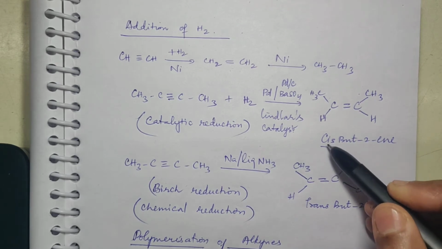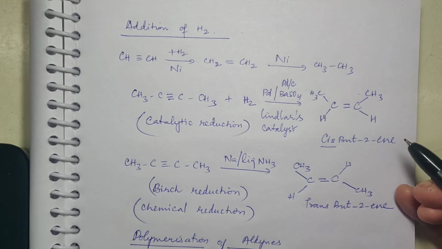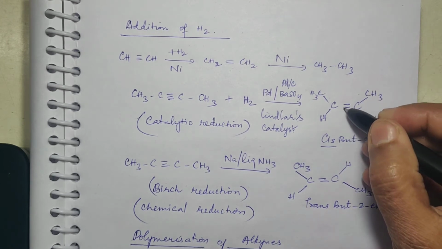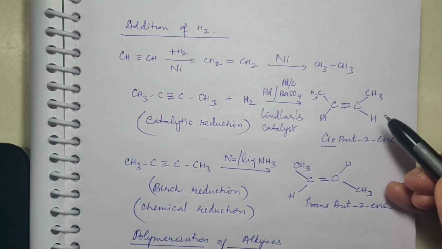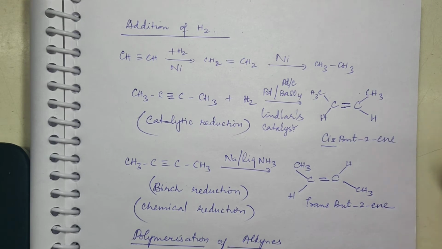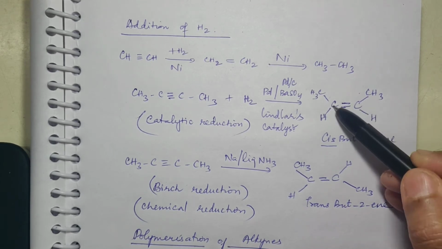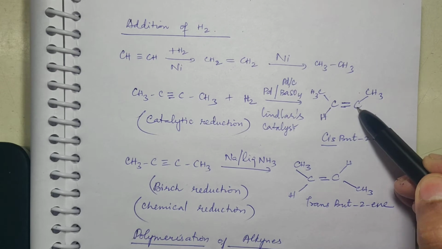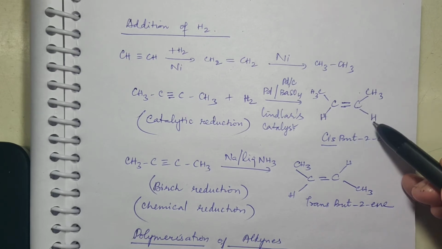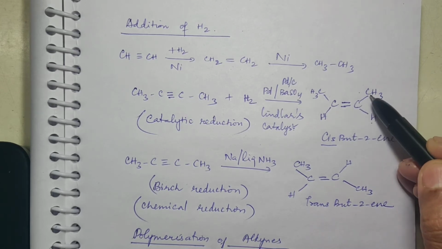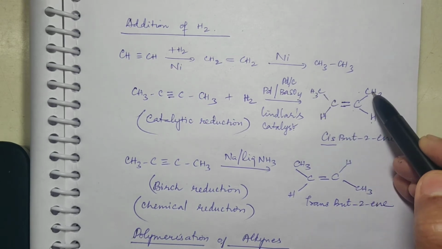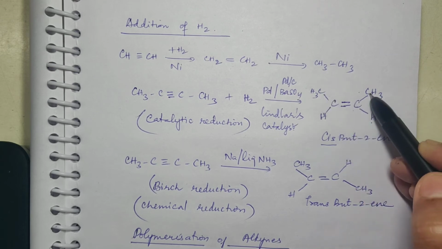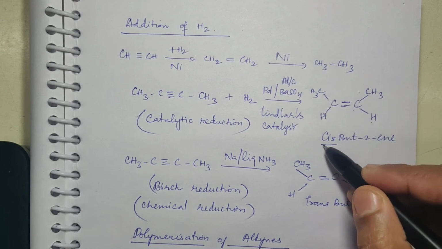Now, what is meant by this cis? Alkenes, especially symmetrical alkenes, show geometrical isomerism. This I will take up in the next topic. This will show geometrical isomerism in which, surrounding the double bonded carbon atoms, two groups are attached, and if the groups attached to both the carbon atoms are the same and are in the same plane, then it is called cis isomer.